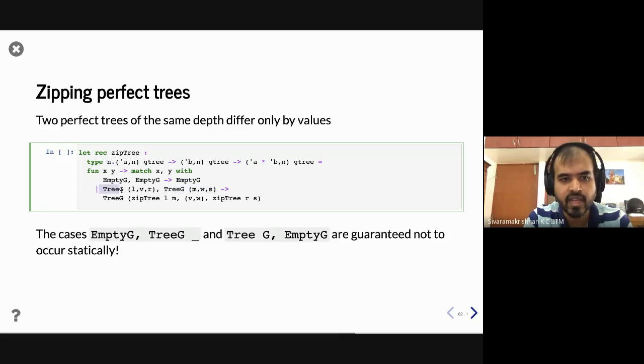So the first tree is going to be L V R, the second tree is going to be M W S, right? And the result is going to be a new tree where you zip the subtrees, the left subtrees L and M, right? We call zip tree on L and M. And similarly for the right subtrees R and S, we zip them. And for the values V and W, we just put them in a tuple,